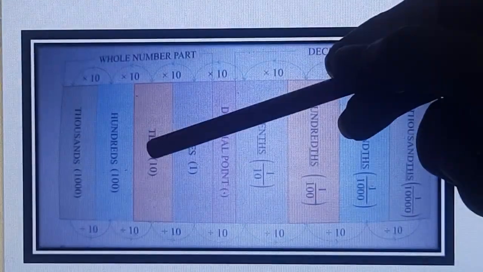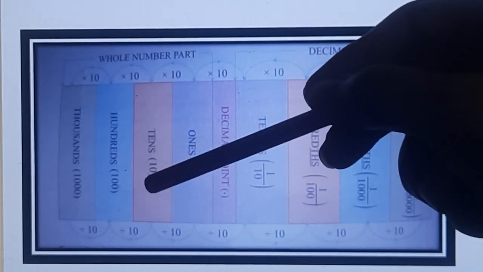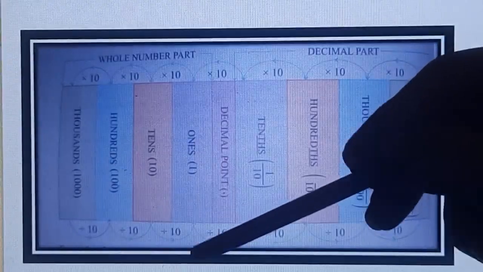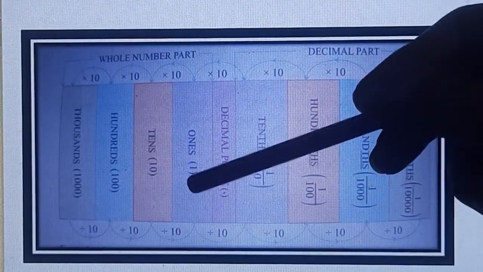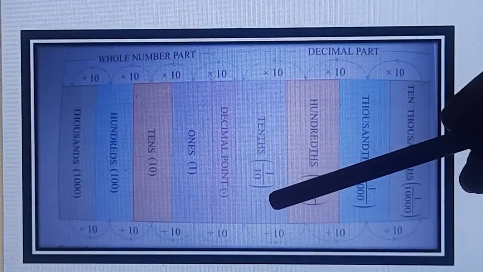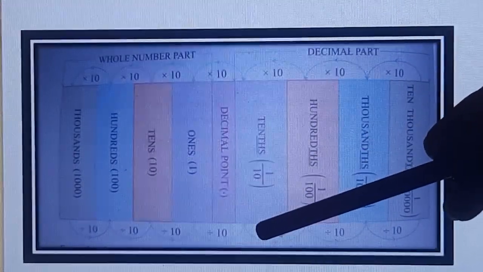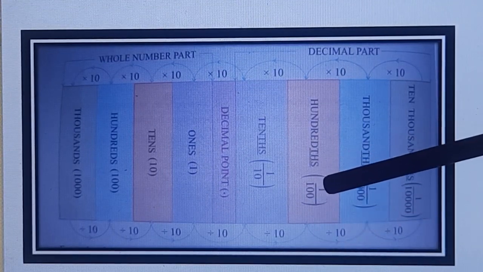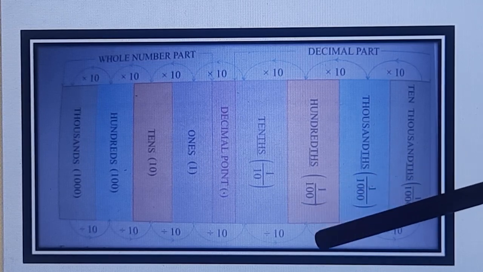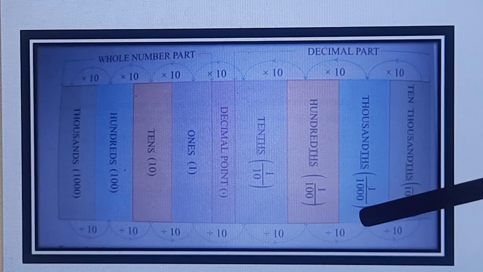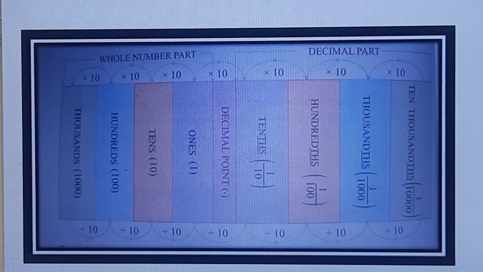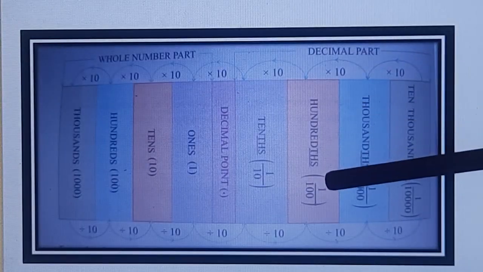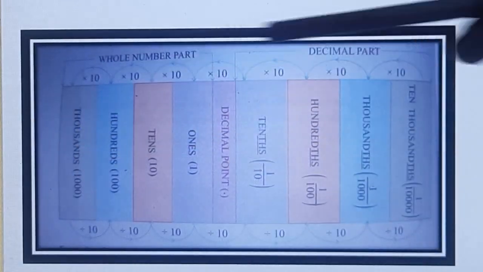You know that if we are looking from here, tens. Tens means 10. 10 divided by 10, we are moving to right. 10 divided by 10 will give you the ones. Ones divided by 10 will give you tenth. Then 10th place 1 upon 10 divided by 10 will give you the value 1 upon 100. That is hundredth. Then 1 upon 100 divided by 10, then we will reach to thousandth. 1 upon 1000. Okay. Here it is hundreds, hundredth. Thousands, thousandths.